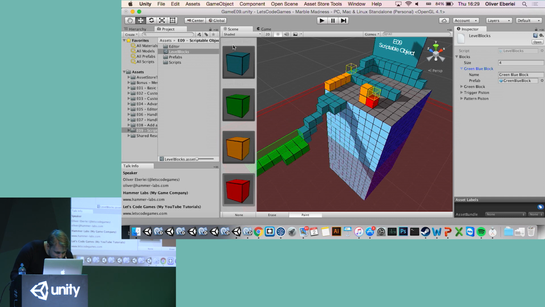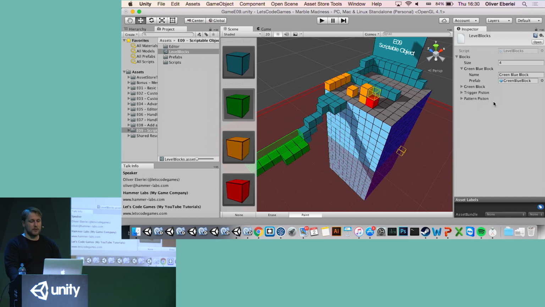Oh yeah, you can't see it here. I designed this with the Pro skin, and it looks like in the non-Pro skin, the free skin, the font is not very well designed because it's almost the same color as the background. But anyway, the name that I put in here, the green-blue block, is displayed on the top here, and then the buttons below that. So basically just the name and the prefab, the name that I want to display, and the prefab that I want to create when this is selected. And then from that I create this window here.